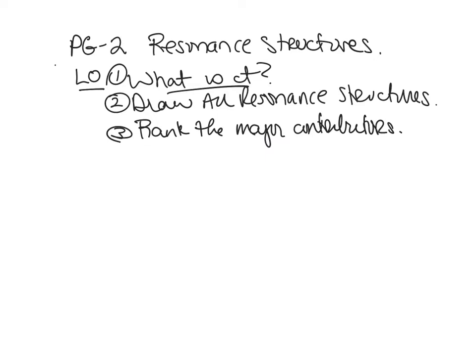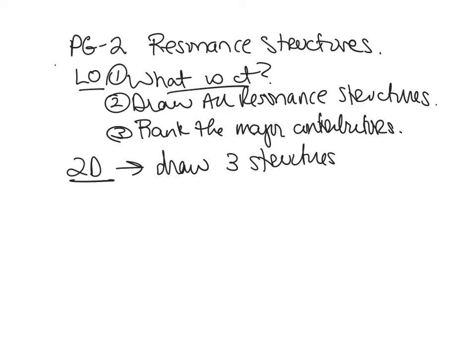Resonance structures are a single structure that is a true representation of the organic molecule. Because we write in two dimensions, we sometimes need to draw, for example, three structures that give a true representation of one compound. So there exists only one compound, but we might need to draw multiple structures. An example,